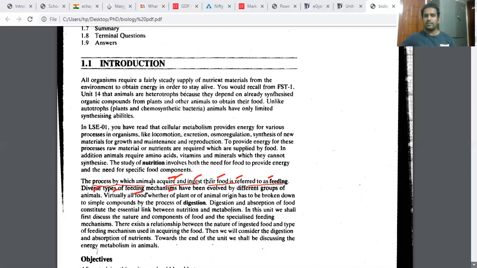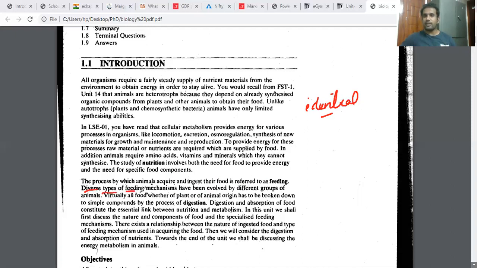Diverse types of feeding mechanisms have evolved. We may take food through our mouth, some organisms may take it through the skin. Some organisms will take food from the anus. Some organisms will feed only on dead matter, some only on plants, like that. So everyone has their own type of feeding mechanism. And plants also, they don't eat, they absorb minerals from the ground, right or wrong? So all the organisms do not have an identical feeding mechanism. That's why they differ.